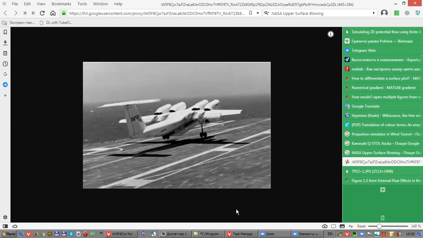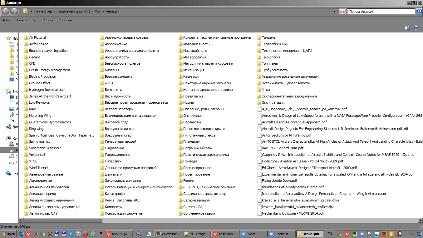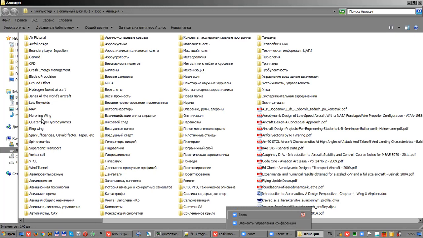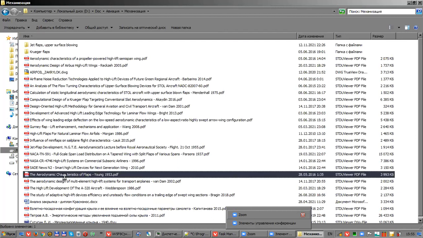But in this PDF, there is a graph of lift coefficients from the engine, how much lift they got with this configuration on the aircraft. And as I remember, there is a number like 4, 5, CL equal 5. Not 1, not 3. CL equals 5. Lift coefficients here, but we need to find this article. Maybe I put it in this folder. This folder is about high lift devices, about flaps, and maybe